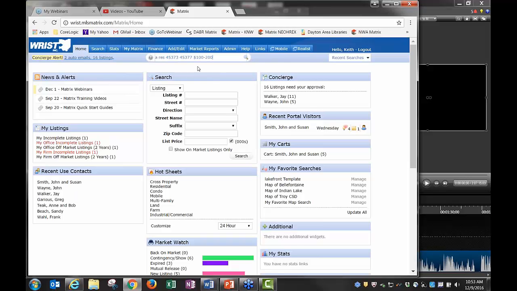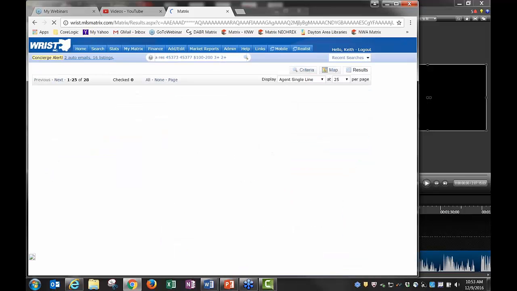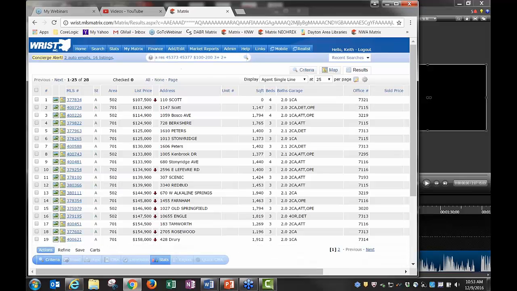Very important. You can also do 3 plus, 2 plus. Now this order matters because this is beds and baths. This is beds and total baths, not full baths, total baths. So if I do my search, you're going to notice I get active listings, I get residential properties, and I get that zip code there,